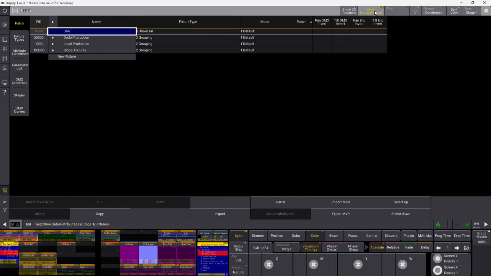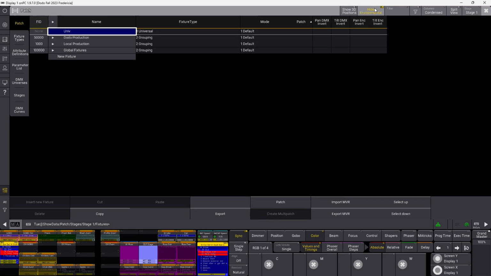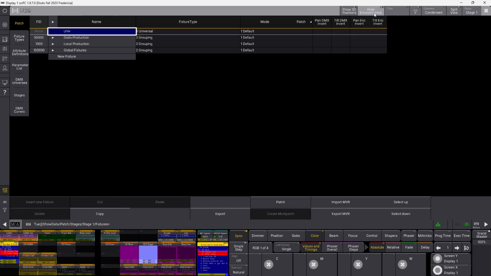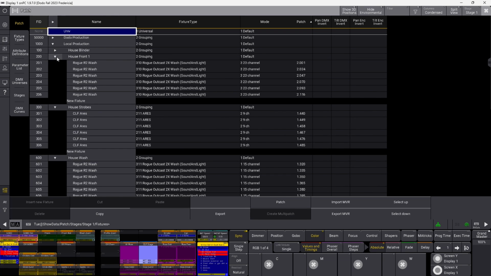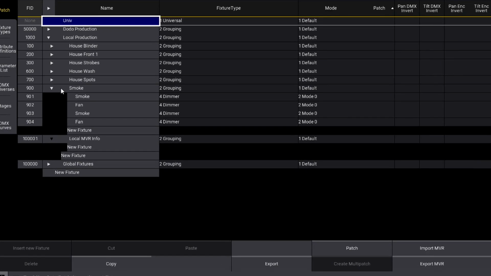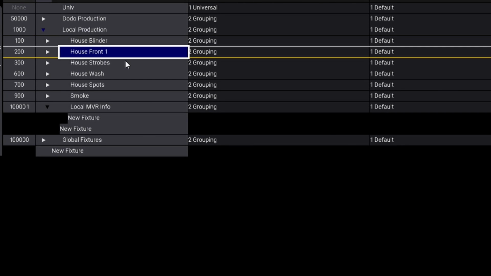And if you hide environmental here, like this, if you have a group which has nothing in it, if it has no fixtures in it, it is considered an environmental group, an environmental item. So if you have hide environmental on here, even though you patch some groups, they might disappear. So you want to take this one off so you don't hide any environmental stuff, and then you can patch your groups, and then you simply move your stuff into your groups. And if you can see here, if I expand my group, I have my different layers: my blinders, front lights, strobes, wash, spots, smoke,